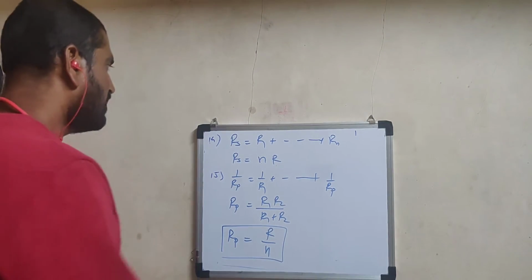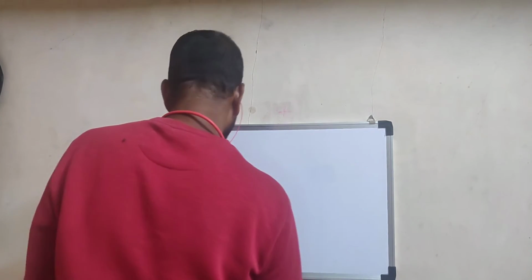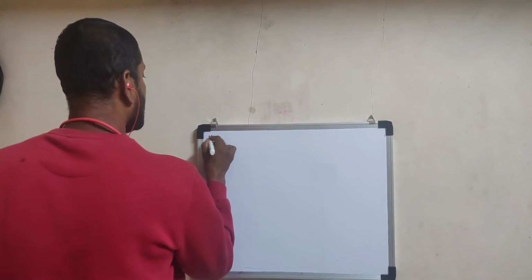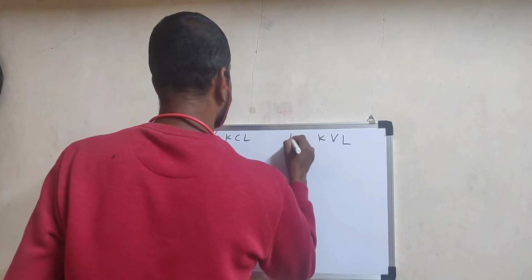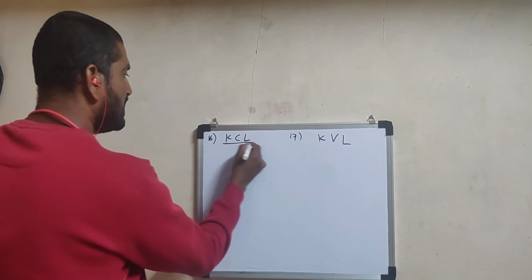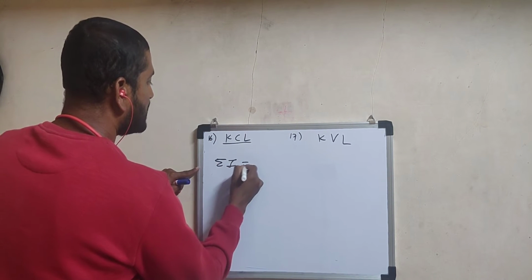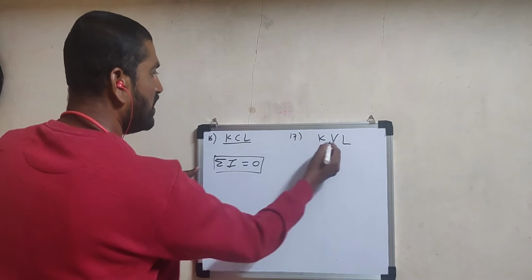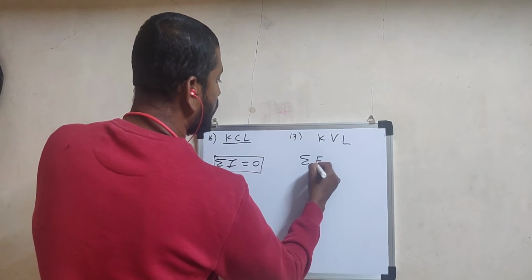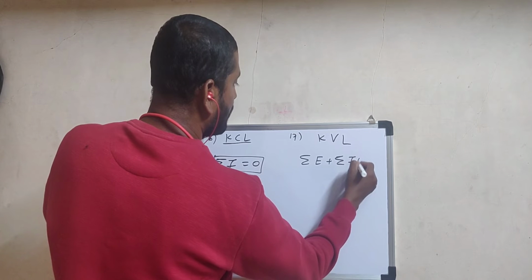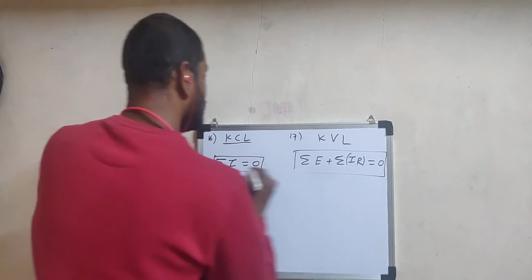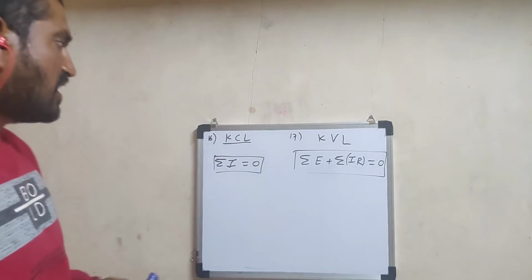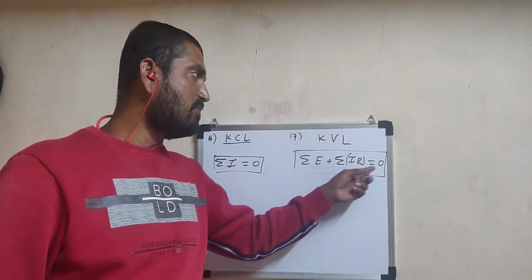Now in 12th standard, we consider some of the important formulae related with, first one, KCL, Kirchhoff's current law, then KVL, Kirchhoff's voltage law. These are the two important parts. What is KCL? Algebraic sum of all the currents at any junction is always equal to 0. And KVL: algebraic sum of electromotive forces and algebraic sum of product of current and resistance for any closed circuit is always equal to 0. These are two very important parts. Sigma I is equal to 0 and sigma E plus sigma IR is equal to 0.